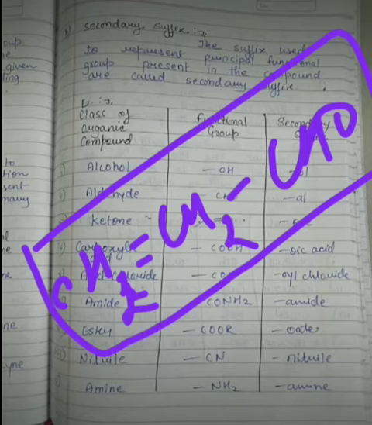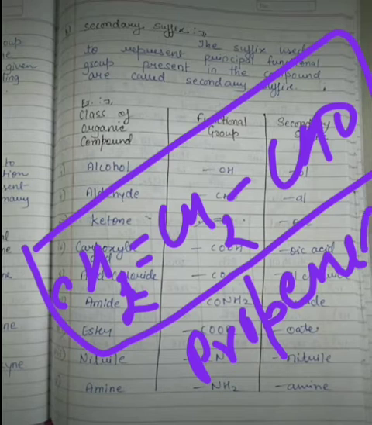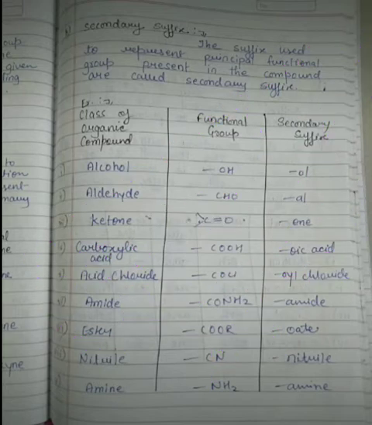Okay, and there is a multiple bond. So for 3 carbon atoms, prop will be there, and for the double bond it is ene, propene, and for the CHO group it will be al. So propene al, and you have to name the CHO group as 1, because it is the principal functional group. So this will be written as propene 1 al. Okay, propene 1 al. So this is about the secondary suffix.